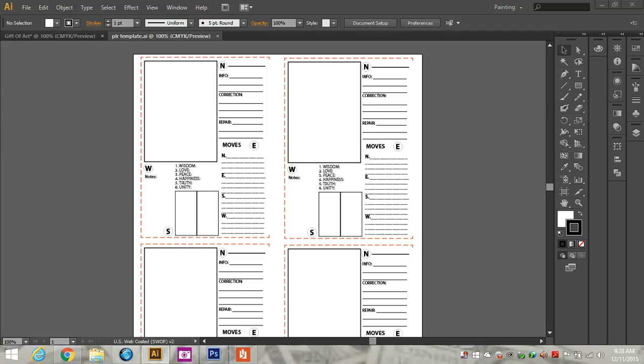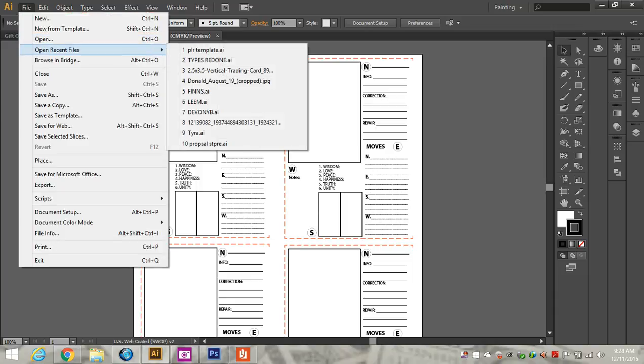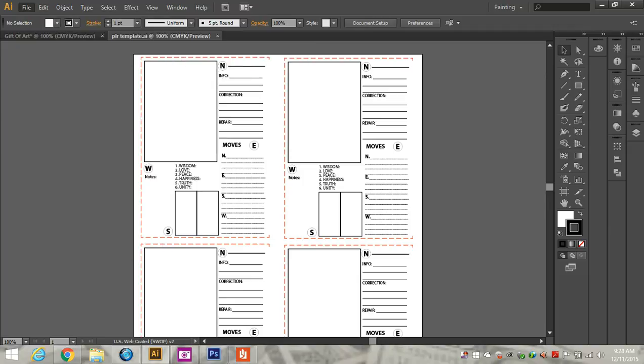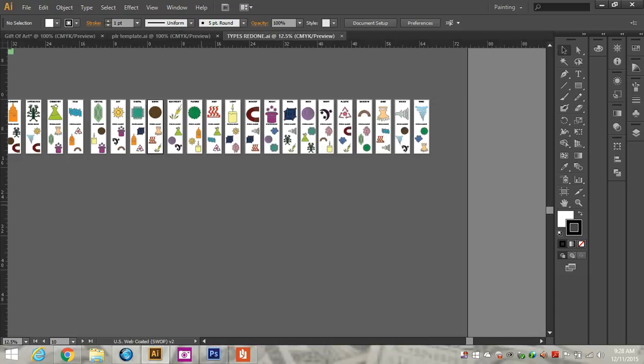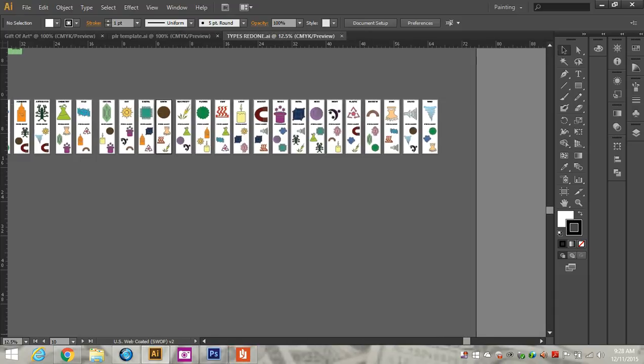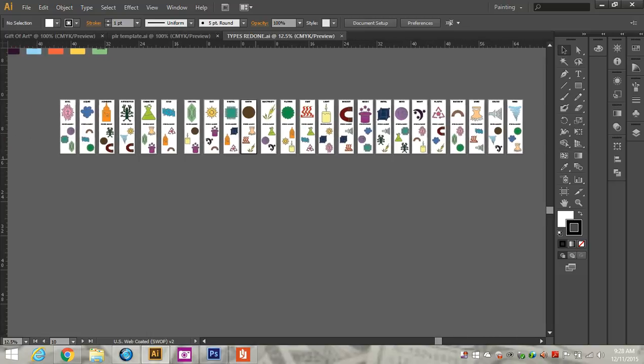The types, I don't have them up right now. Let me see if I can bring them up really quickly. I probably can. Let's see how quickly they can come up. And while they're coming up, oh wait, they're coming. Oh, there we go. So the types, here are the types. And these stickers are formatted so that they fit into those slots. We've got